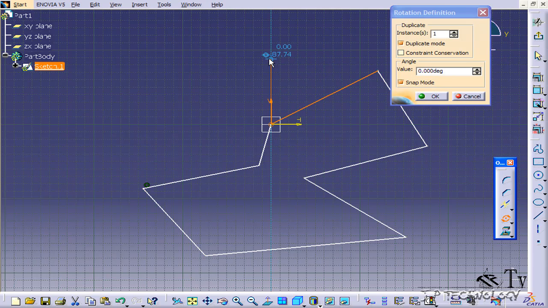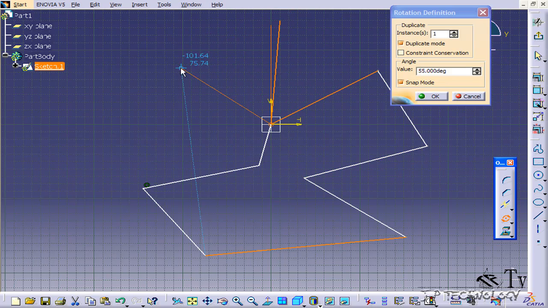Now you have to draw a line, and that's what it's prompting you to do. From this line, we're going to rotate around. The longer you make this line, the easier it is for you to manually move it around. The shorter it is, the harder it is to move it around, as it's going to be a lot quicker to change the value. So we'll make it just about the same length as the line we're going to rotate.